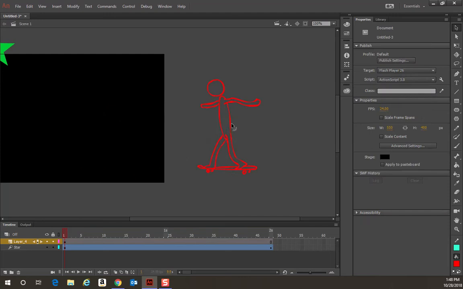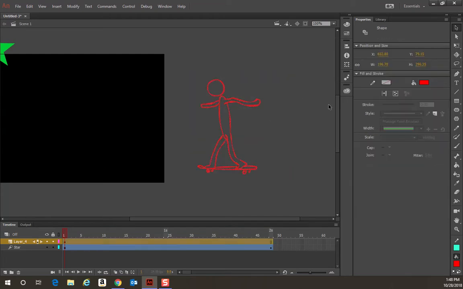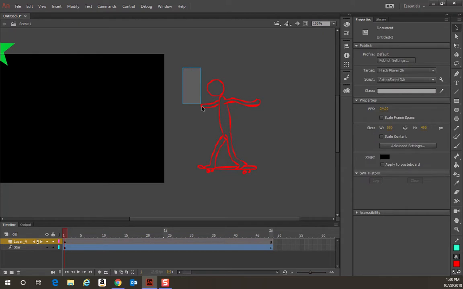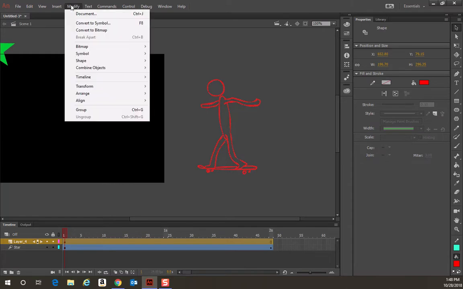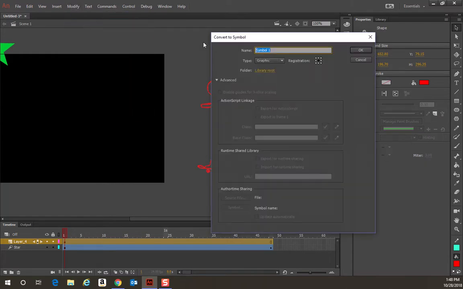Now, I've drawn him this big. Let's say I don't want him this big. Select the whole thing, resize it. But I'm not worried about that at the moment. What I'm going to go ahead and do is select the whole thing with that black arrow, draw a box around it, and then convert that to a symbol. So I'm going to press F8, or I can go up here to Modify, Convert to Symbol,